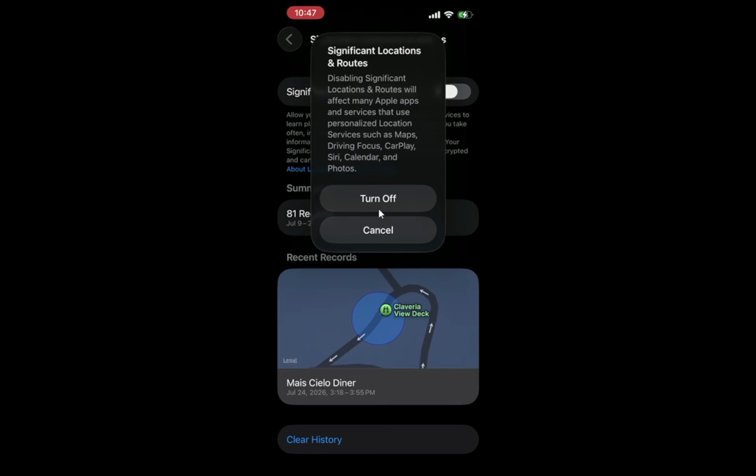You have now deleted your past significant locations history and stopped your iPhone from saving new location history,